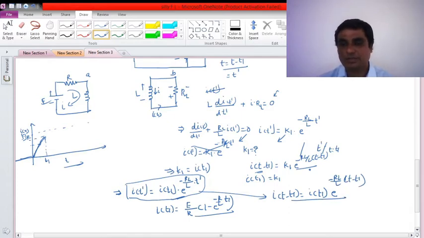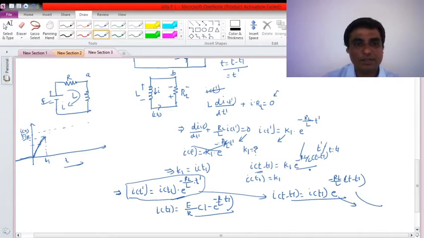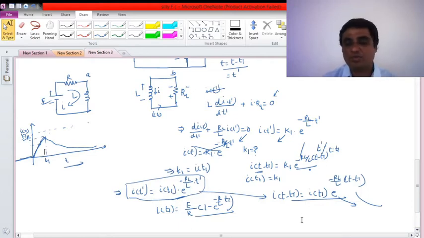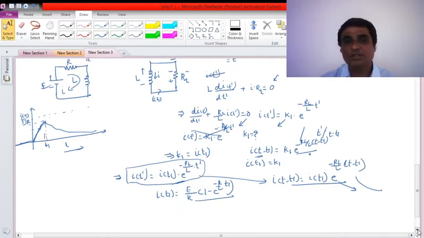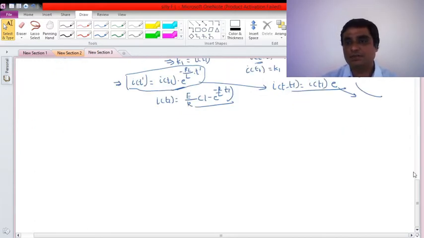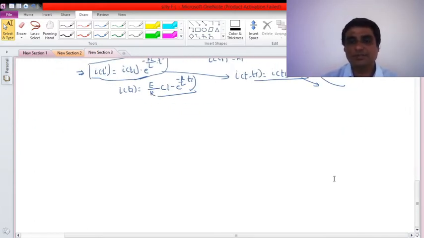Fine. So what is happening here? As time progresses, the current will decrease exponentially. And how can I draw it? It will decrease exponentially, and thus I can say that I am retrieving the energy from the inductor by connecting the inductor to the load. So whatever energy has been stored in the inductor can be given to others for utilization. With the example of RL we have seen it.